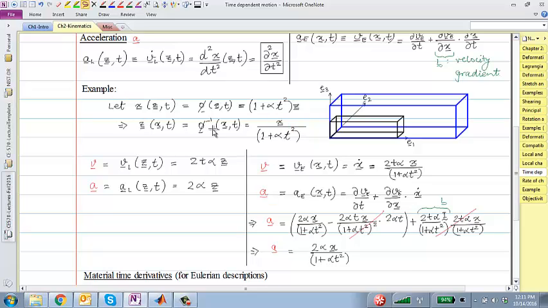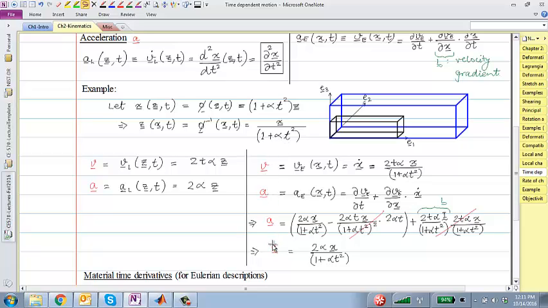So z in terms of x is just given by this. This is the inverse map, and using this inverse map, I can define these velocities,